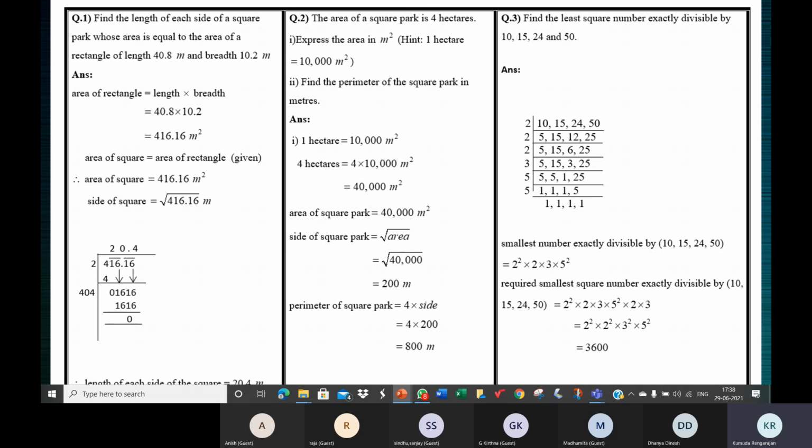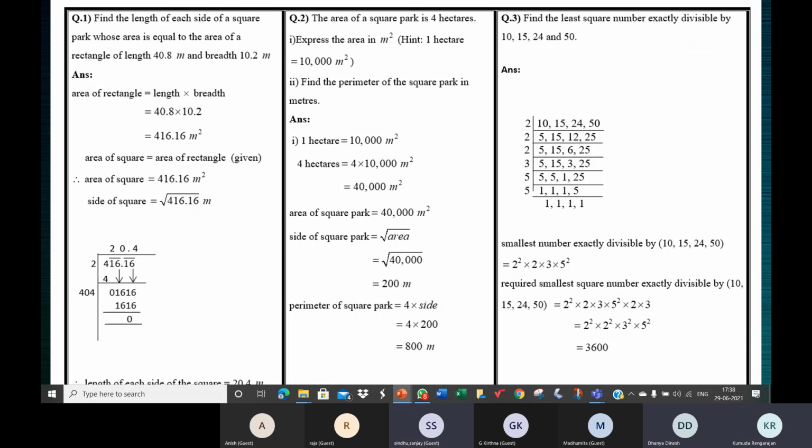Now consider the numbers. We are trying to understand question number 3 with different numbers. So here we find the LCM of 2, 3, 4, and 6. What is the LCM of 2, 3, 4, and 6? 12. All of you agree? Yes, ma'am. 12. Is 12 a perfect square?